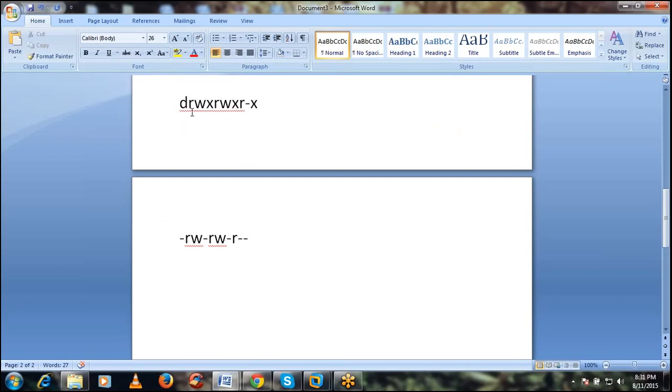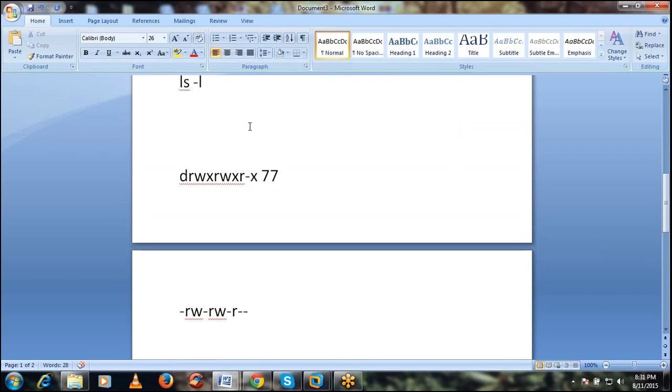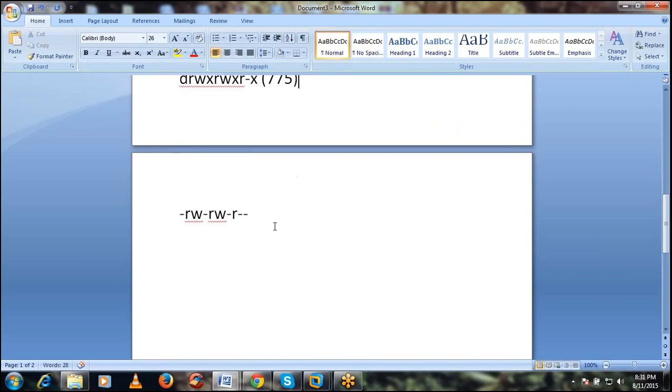Here, d means directory, and - means a normal or regular file. rwx means 7, so the user has full permissions. Next, rwx for the group, which also has full permission, and others do not have the execute permission. r-x: the minus means it does not have that permission. r is 4 and x is 1, total 5. So 755 means that whenever you create a directory, those are the default permissions.